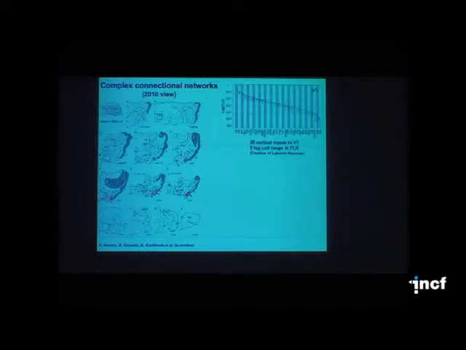They've digitally analyzed all of the connections associated in this case with area V1, and they've done this repeatedly in many animals, replicated the analyses, and shown, for example, that area V1 is connected not just to 5 or 10 different areas, but to literally 25 areas consistently across multiple repetitions of the experiment.